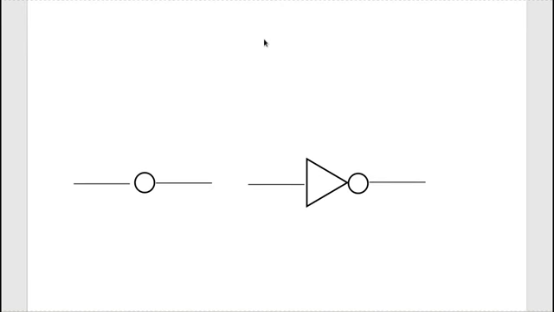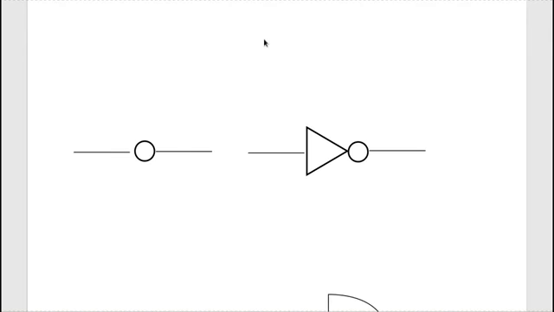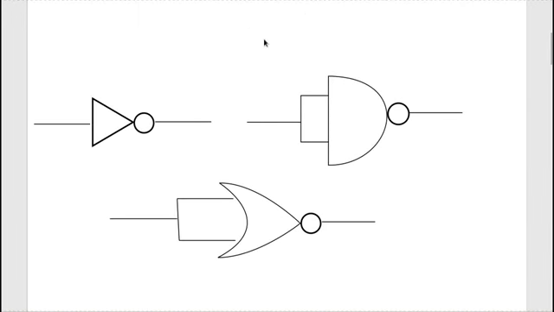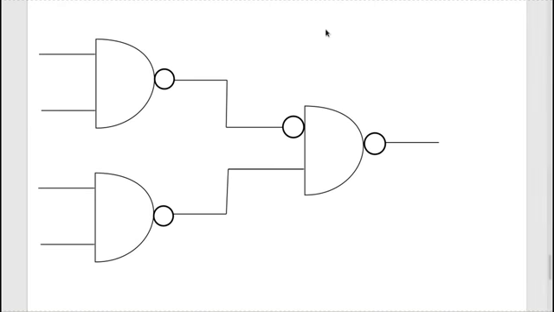Then to take care of stray bubbles, I'm utilizing that we're using the bubble to represent an inverter or a NOT gate, and a NOT gate has the same truth table as a NAND gate with both the inputs coming from the same wire, or a NOR gate with both the inputs coming from the same wire. So let's pretend we did all of our transformations and we ended up in a circuit that looks like this. So we have this extra bubble here, and we want to